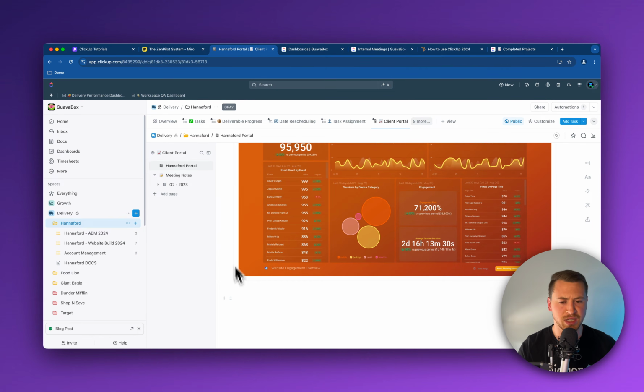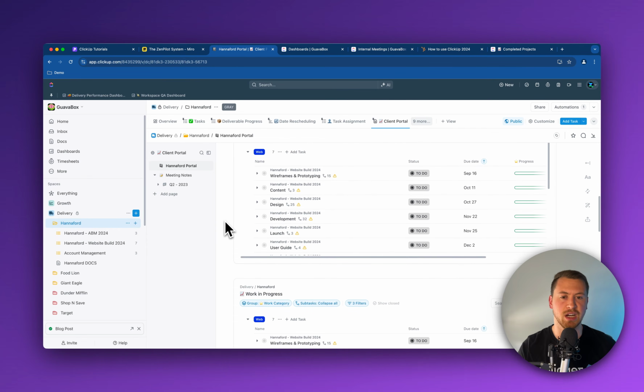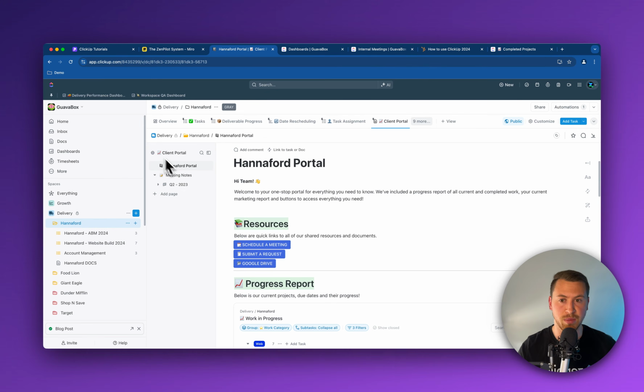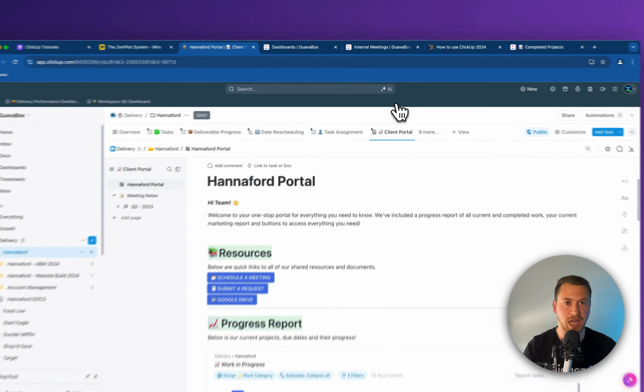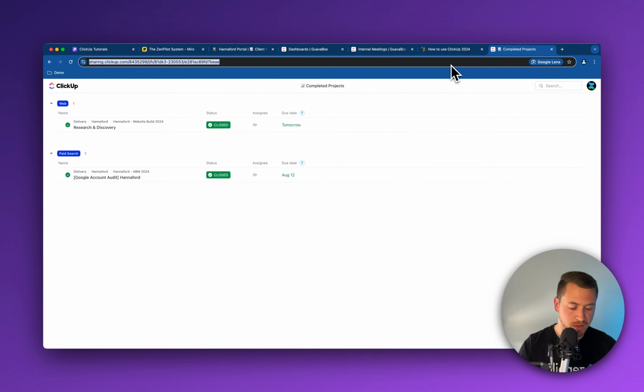I can put meeting notes in here. Basically, all of that can be placed in here for me to be able to show this client. I can also make this public as well. So I would make this doc public, and essentially what happens is because all of those views and all